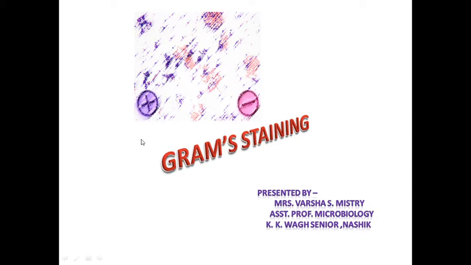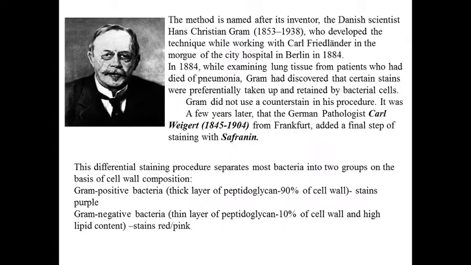In the previous lecture we have seen what stains are, the different types of stains, and why there is a necessity to stain microorganisms as we are going to observe them under the microscope. Then we saw the different staining procedures: simple staining, differential staining, and special staining. Out of those, today we are going to study gram staining, which is a differential staining procedure.